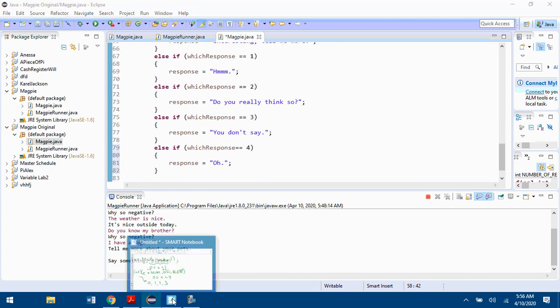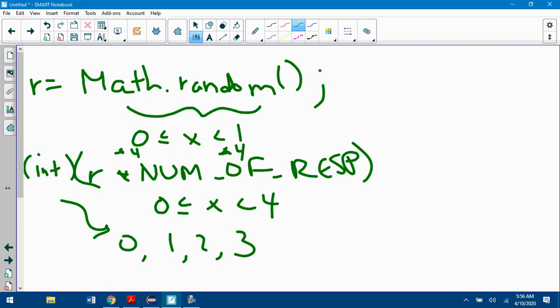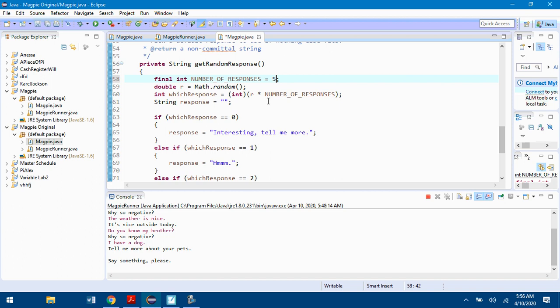Because as it's written with 4, I can only get 0, 1, 2, or 3. If I change it to 5, then it multiplies everything by 5, and now I can get that choice 4. So hopefully when you updated your random responses, you also changed the number of responses.